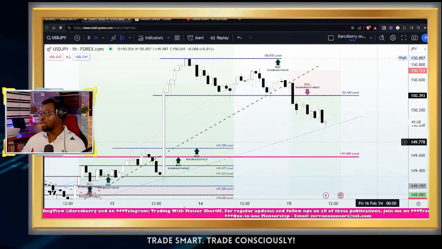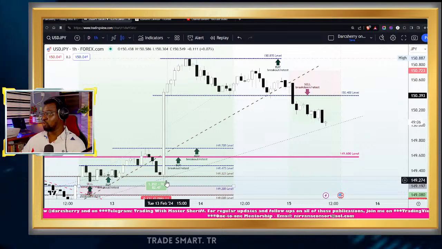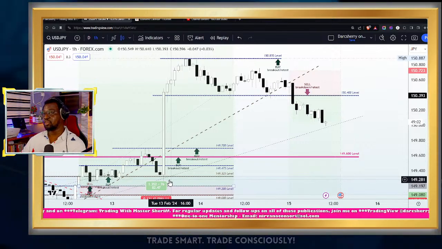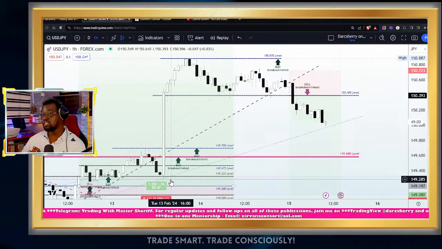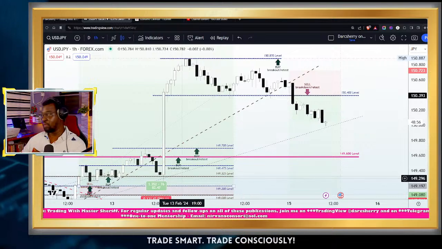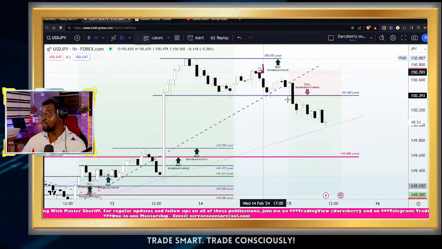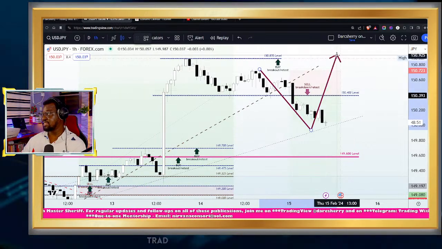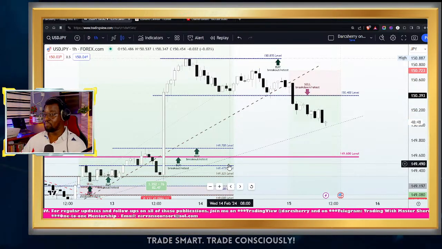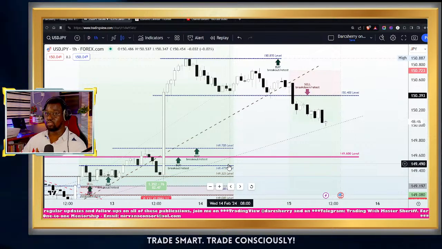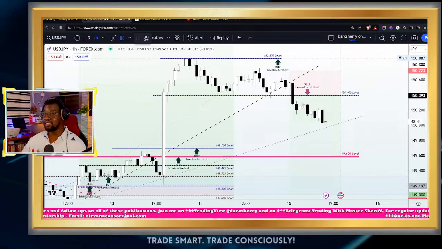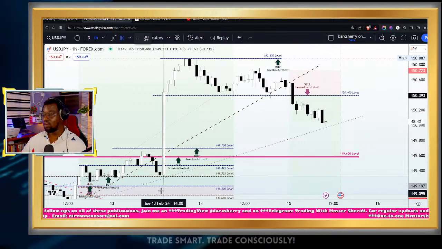Now, looking at the structure following that impulsive move, the right question we want to be asking at this juncture is: how far will this bearish momentum go before another wave of bullish momentum will happen? Will it come back and just retest the trend line and incite an uptrend continuation? Or are we going to be seeing a situation where price will retrace into our golden zone area, which is usually between the 50 and the 78.6% of that previous impulse leg?